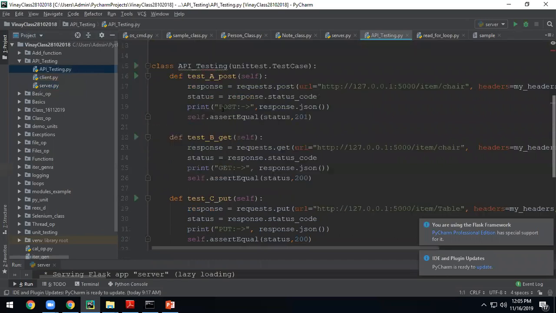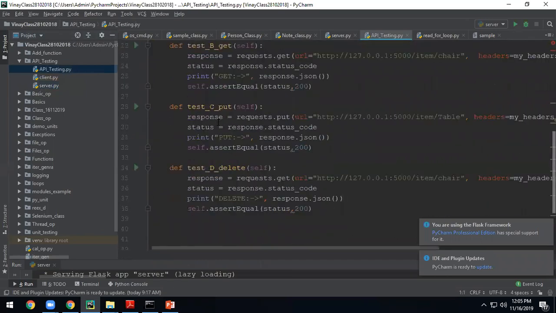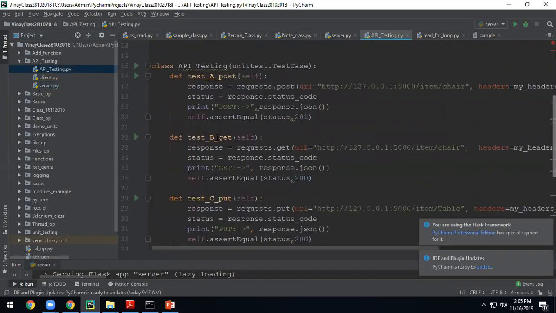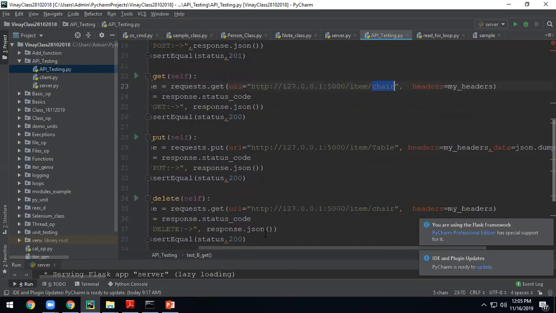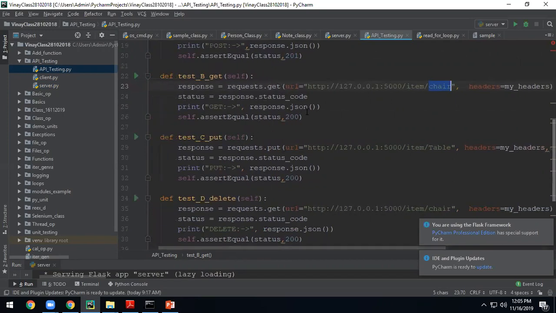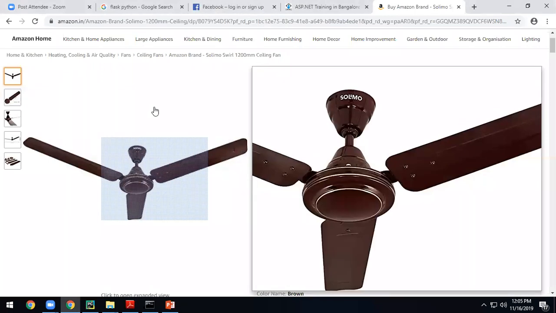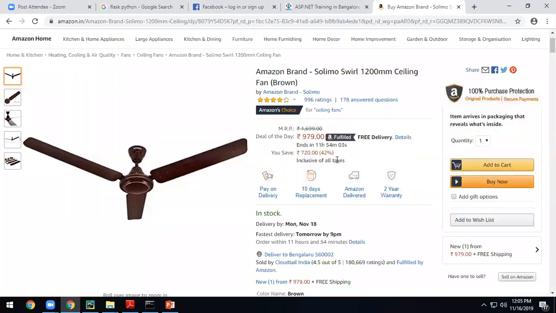Now let's come to the API testing method. When you say put, or I get something, this is a get method. I have an endpoint, for example item.table or fan. When you call with this endpoint, you will get the data and you can show that. You got my point? Here, every time it's a manual effort. You have to go to that page, select the product, and see whether it is updated or not.